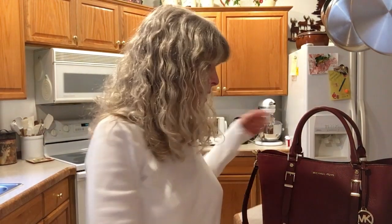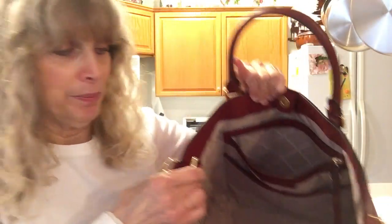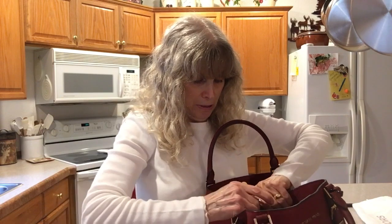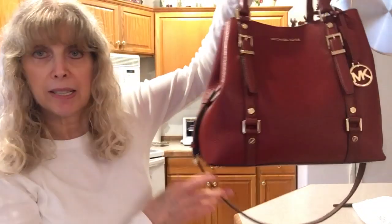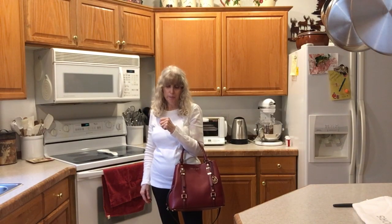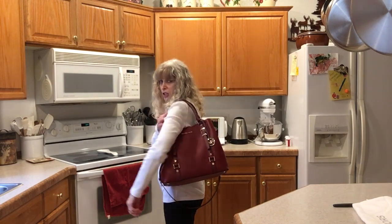Hi everybody, I had to come back and tell you I forgot an important feature on this bag, and it is that this bag can be cinched. Over here are clips on each side, a D-ring and a clip, and you clip it together and change the shape of this bag to look like this. This is how it will look if you're carrying it on your arm, which I don't carry bags on my arm. As a tote, if you're using these straps as a shoulder bag,